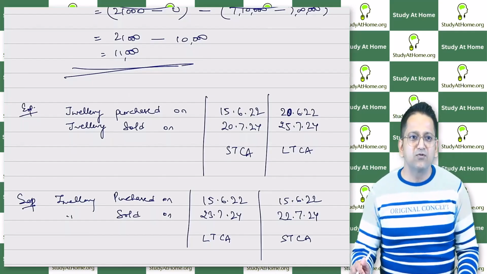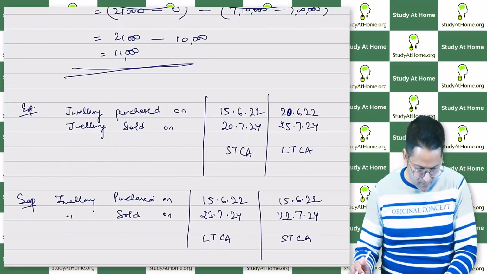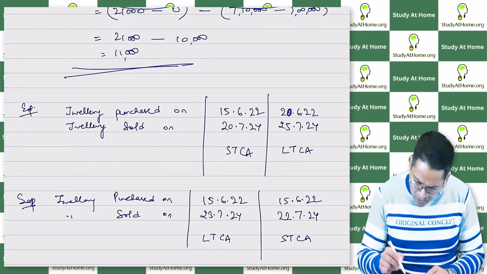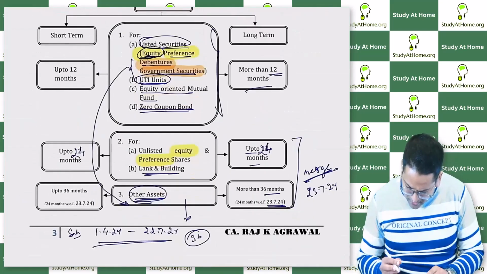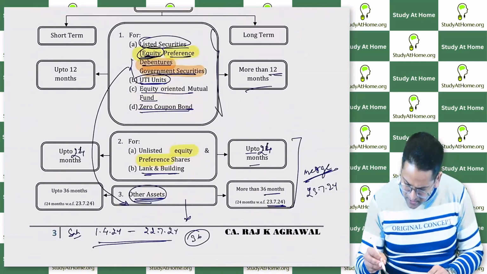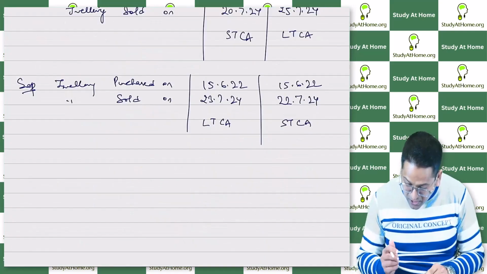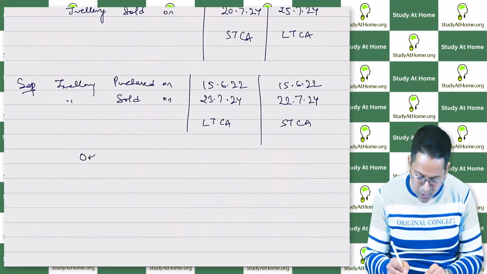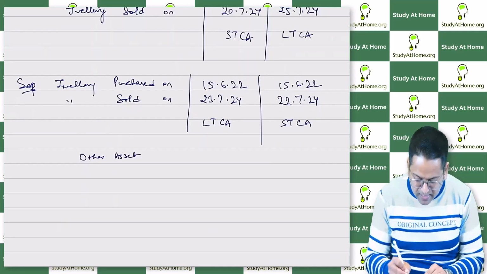Now you have the clarity. There is no problem, right? So, which assets come under the third category? You know this, right? The other assets will come under the third category. These will be applied on what, in the category of other assets. This is more important because the rest, 2 years or 3 years, is the same.